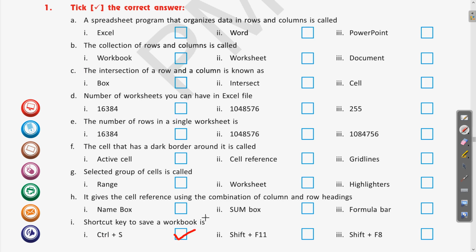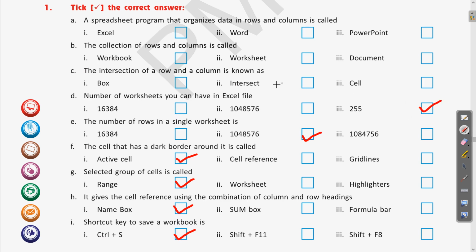Let me mark the answers once again. The first one before this was name box. The selected group of cells is called range. The cell that has a dark border is called the active cell. The number of rows in a single worksheet is 10,48,000. The number of worksheets in an Excel file is 255.